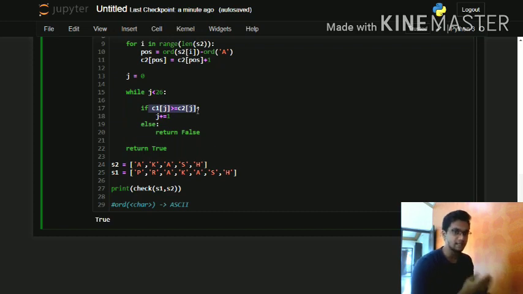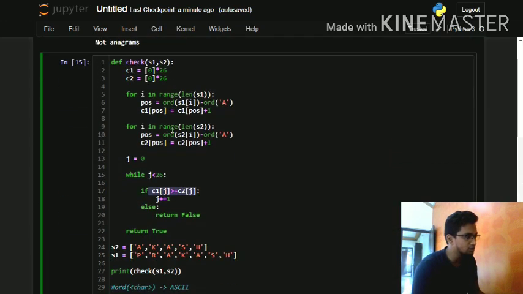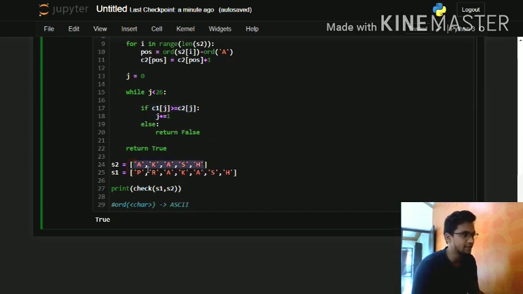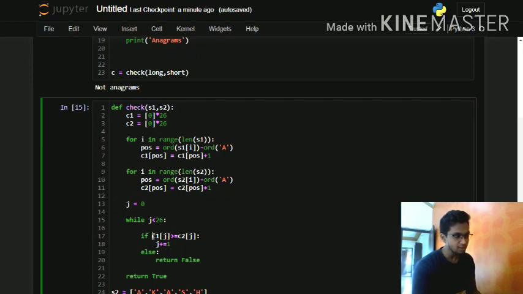any particular index value is greater than or equal to the shorter string's particular value, then we are good to go. We can just continue on with the solution, because here both strings contain two A's, right? Even if I remove one A from Akash, then the total number of A's in Akash will be 1 and in Prakash will be 2. But still those two strings will be anagrams, because the number of A's in the longer string is greater than the number of A's in the shorter string. That's what I am doing here. C1 is the longer string's temporary array, and C2 is the shorter string's temporary array.